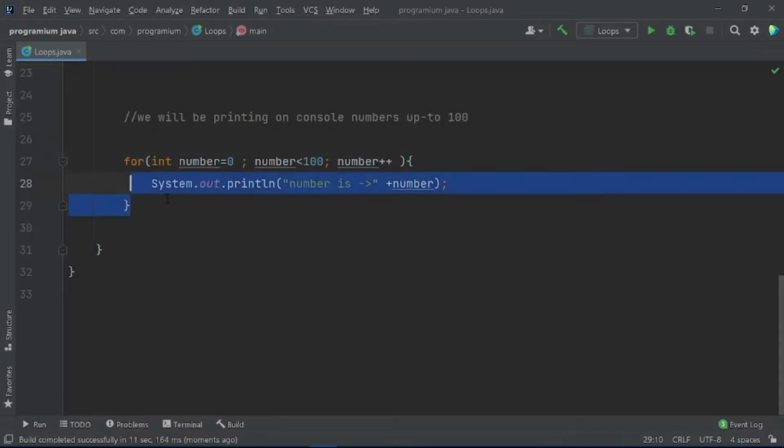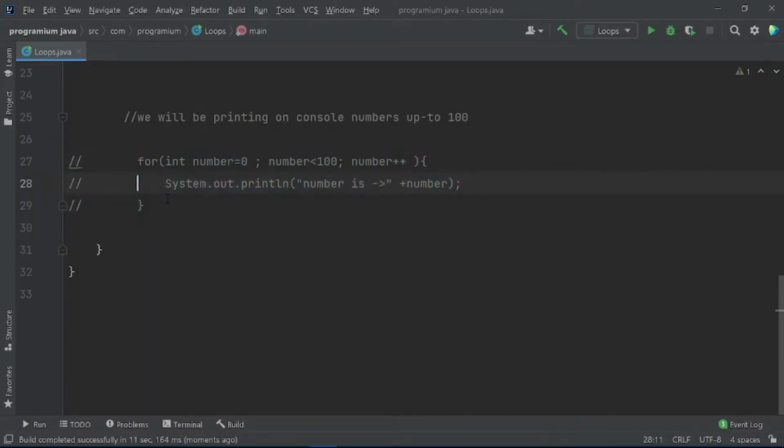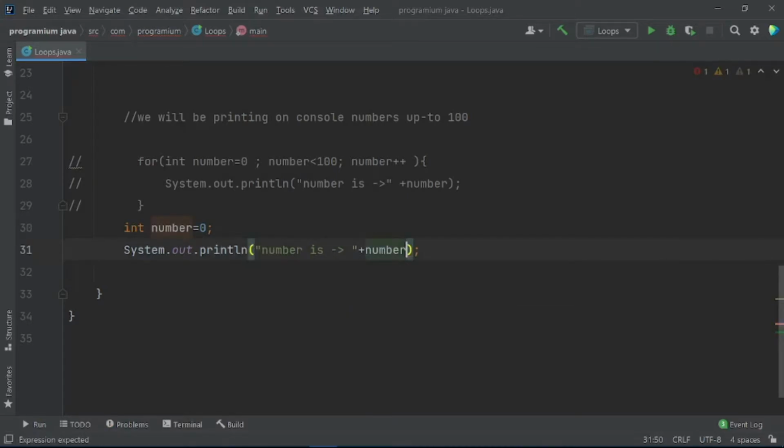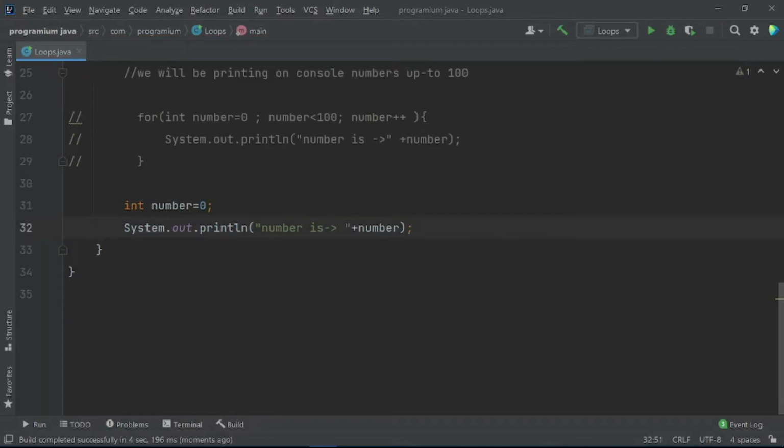Let me just comment this line and show you a demo here of how these loops help us in our programming. So again, I am using here number is equal to 0, and for that I have to print here number. Okay, so what we have to do, we have to